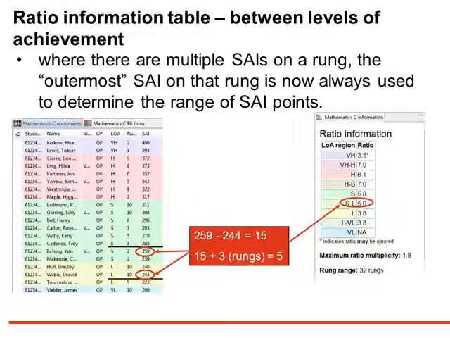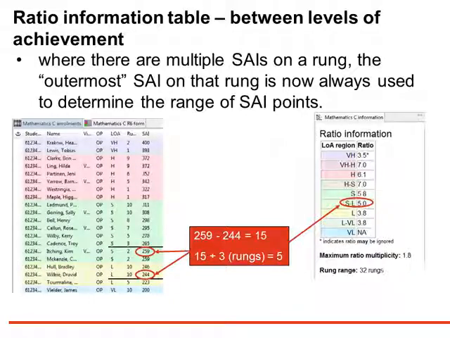Average points per rung is also calculated between levels of achievement. This example shows how the calculation is made between the limited and sound achievement bands. In this distribution, you can see that there are multiple students on both LA10 and SA2. In Bonsai 2014, the SAI of the outermost student on the rung is always used to determine the range of